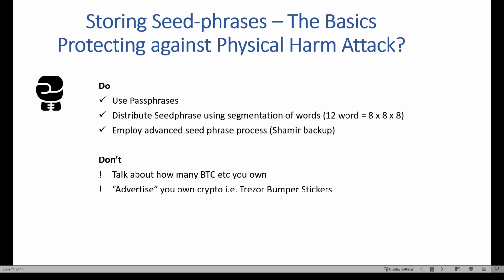We use things called passphrases. So this is another layer over the top of our 12-word seed phrase, where we put essentially another password over the top of that seed phrase. And that way, if someone does get your seed phrase and they input that into a hardware wallet or some other software wallet and try to see your balances, they can see what would be on the default seed phrase. But if you've got sections protected by passphrases, then they can't see what assets are stored in the areas protected by the passphrase. And you could have multiple passphrases.